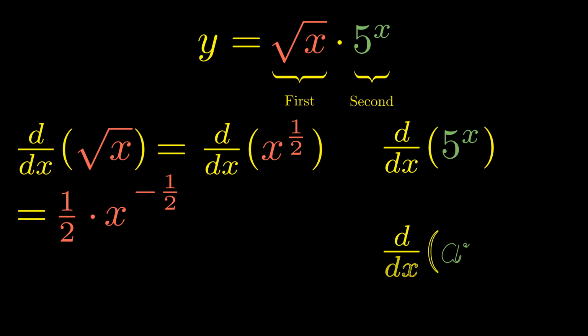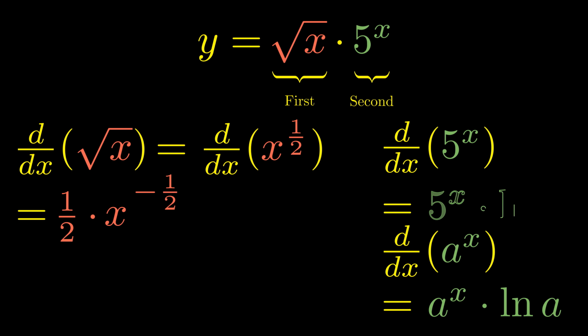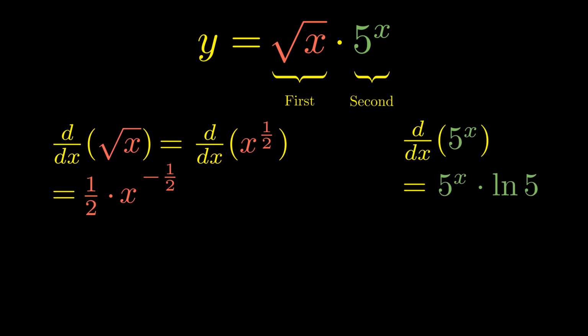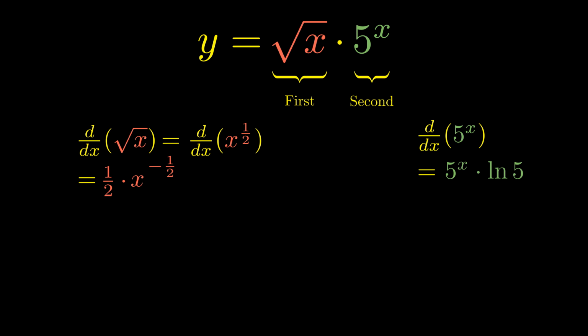Instead, we need to use the a to the x rule, where the derivative of a to the x is a to the x times ln of a, and not ln of x, as some students mismemorize. Thus, the derivative of 5 to the x is 5 to the x times ln of 5. Now that we have all of our original functions and derivatives ready to go, let's try to piece together the